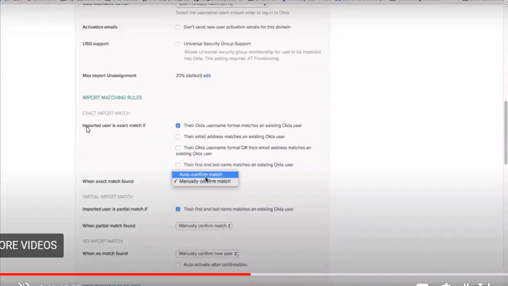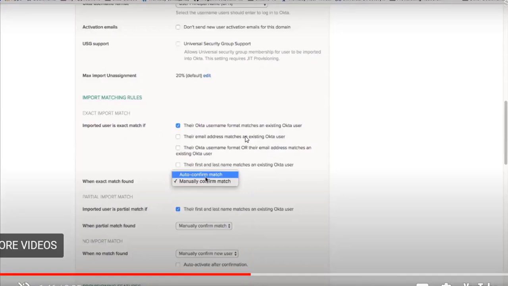And here you can see whenever the import is happening, based on which attribute you can merge the user. So that's what is mentioned here. The Okta username format matches an existing Okta user, which means the account that has been created already in Okta should be matched with the accounts that we are importing via this AD import.